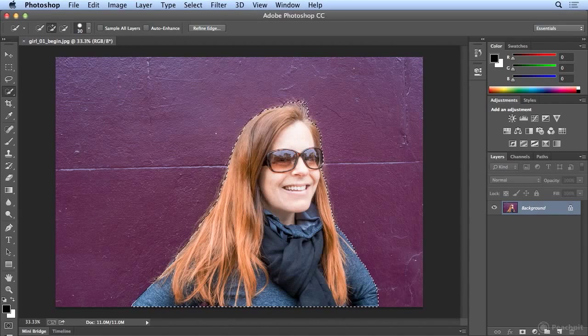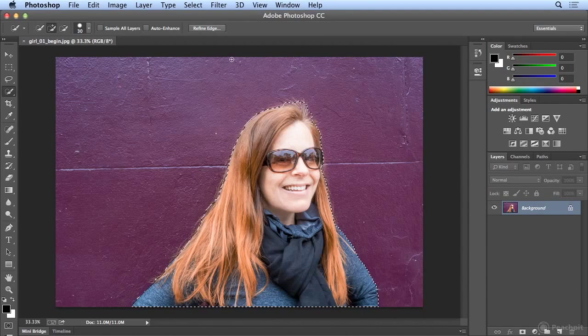If I go too far out into the purple background, it will jump on me quickly. So I can just undo that. You can clean up your selection, but I'm going to use another of my favorite features to make this edge better. And we do want to get some of the wisps of hair, but not all of them. We'll let Refine Edge make this selection far more accurate.